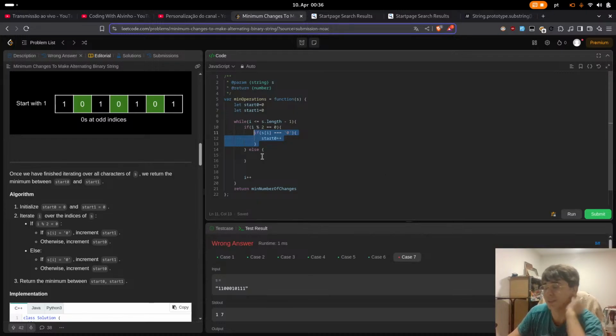Si equal to, okay, if Si if it's even, and it starts with 0, then the start 1 will increase. No, if it's, yeah,